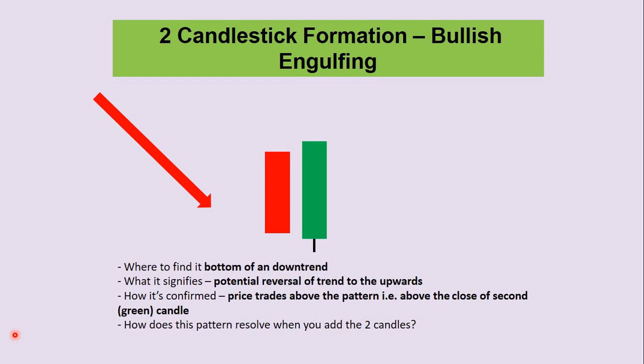Then at some point you are going to have the price opening at the lower end of the previous candle. So in other words, it's almost looking like the price wants to continue in a downward trend. Here in this case, we've got a wick, which means the price went all the way down to the tail end of the wick. However, buyers started to dominate the sellers, and the buyers were able to push the price upwards. Now, not only did they push the price upwards, they pushed the price to close above the previous red